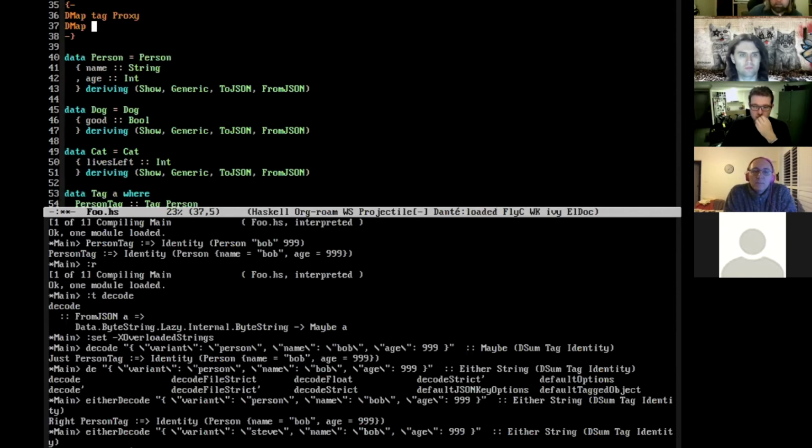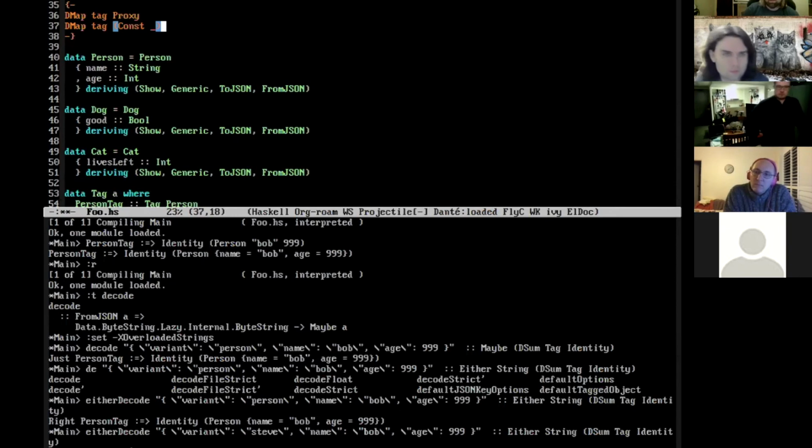A DMap of tag const something will give you, sorry, the reason why that is useful is because in a lot of Obsidian apps they use this big sort of dsum to represent the entire state of the app, and by using the proxy, it's a thing with no holes to put in, and const is a different way.